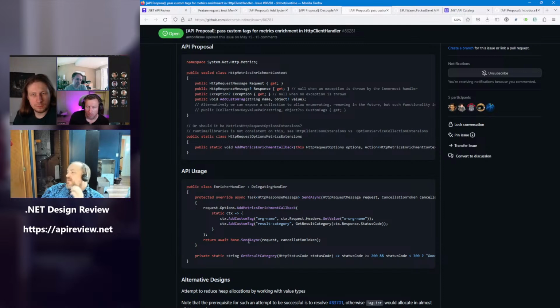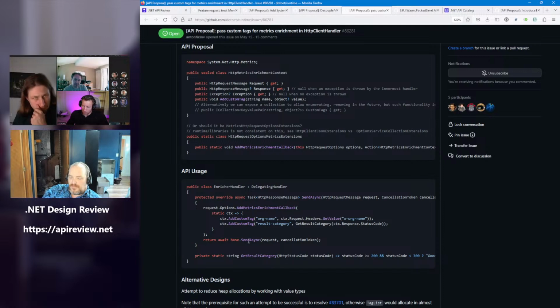Okay. I don't think our metrics handler is doing anything that a third party couldn't do. I'm pretty sure the only thing that's special for us is that we're inserting our handler at a location in the chain that is private to the part of the chain we control. Whereas if a third party were doing it, they would have to put it in the public part of the chain. Yeah, which means we handle redirects. So we emit a metric for each redirect, while a third party couldn't do it.